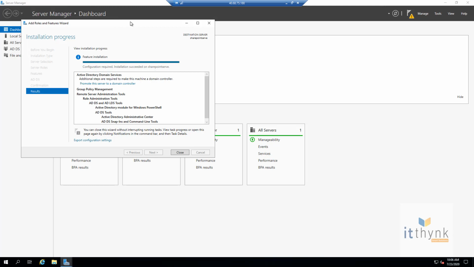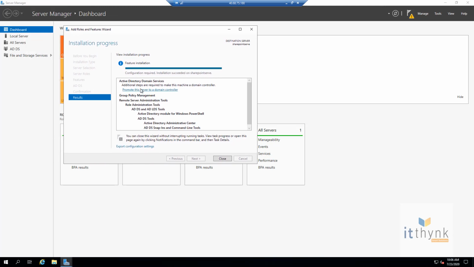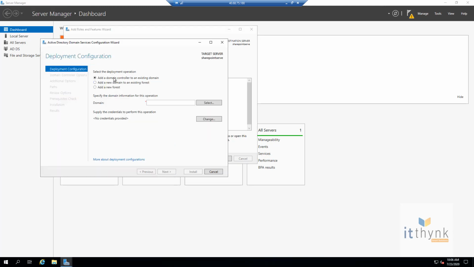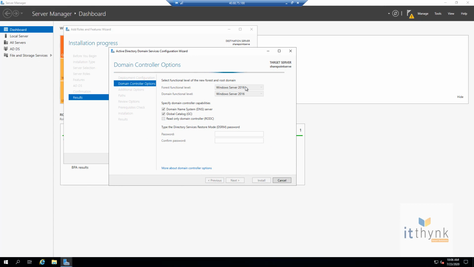The next thing we need to do obviously is to promote this machine to be a domain controller. You do that by going to promote, and if you've ever set up an AD before, you will obviously understand this process. But if you have not, we're setting up a new forest. We're going to call it abc.com. Click next. And the forest functional level, I'll just leave it at that level, and then I'll choose a password for